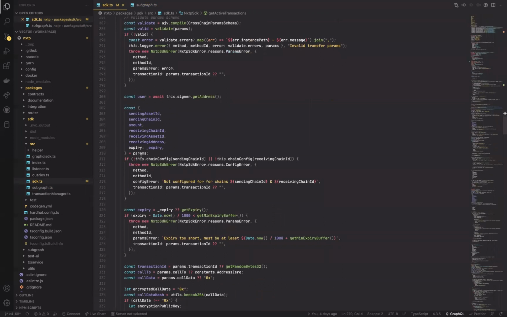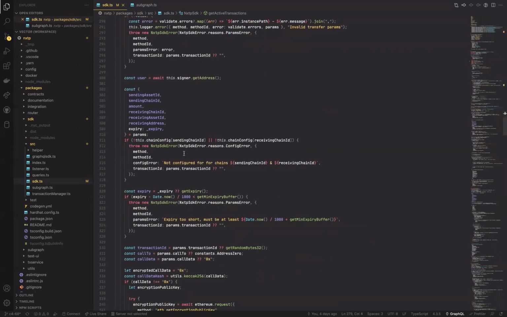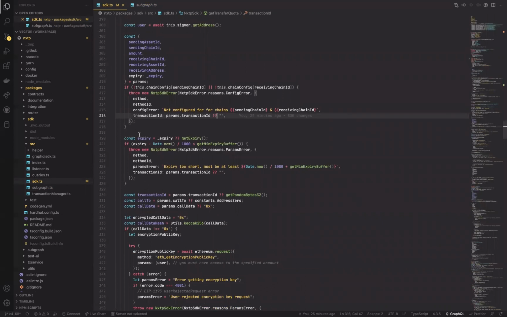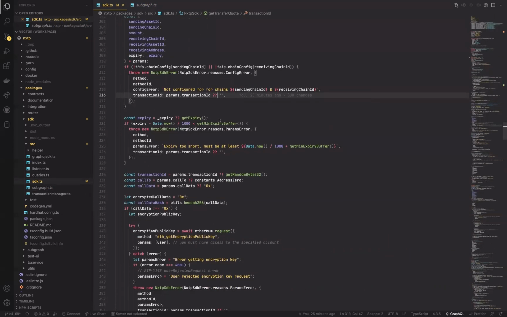Then it will destructure the params and check some more of the config. If the SDK was not initialized with the proper sending chain ID and receiving chain ID, it will throw another error. It will check the expiry to make sure it's greater than the minimum required,